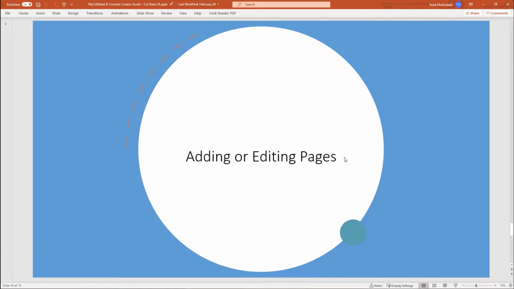So what if you wanted to create a page that is just a page of content? Like you have some resources that you want to share with folks, or some kind of content you want to share, but it's not a news article, and it needs to be just something that you could post up there. That's when you could create your own page. And it's actually identical to creating a news article. So we'll go through that.